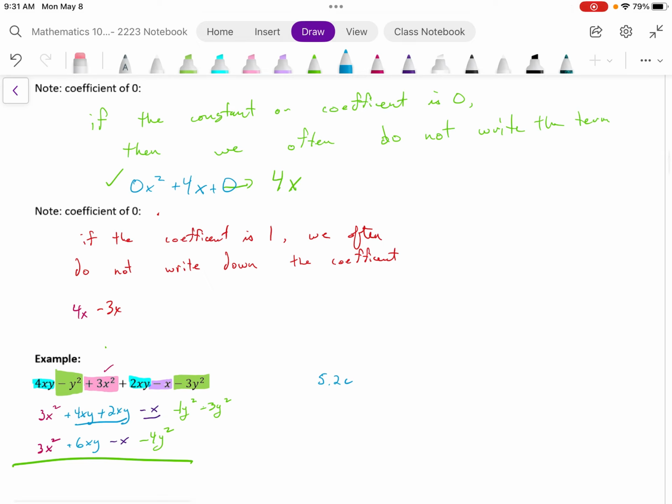The next one is when I have a coefficient of 1. If the coefficient is 1, we often do not write the coefficient. So my example here is 4x minus 3x. We know that this is just 1x that is left over. Typically, I don't write it as 1x, I just write it as